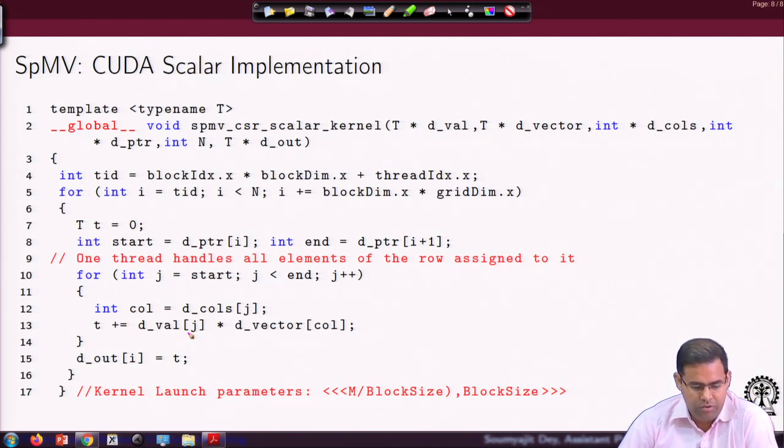In that way you are going to continue, and all you have to figure out is what is the I value from where to start in the PTR. Since you have a different representation here, to get to the different I values in the PTR, you are having this outer loop. So, I hope that would be really okay with the scalar implementation.